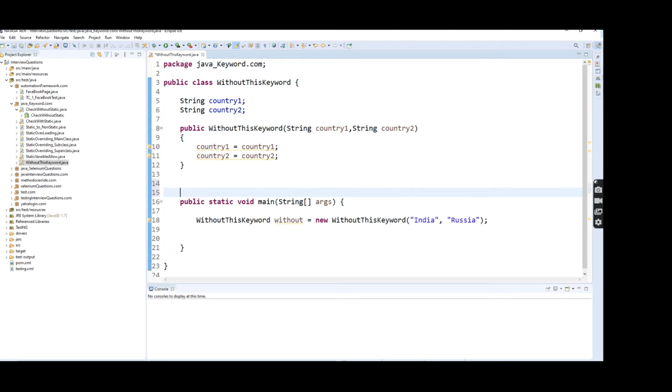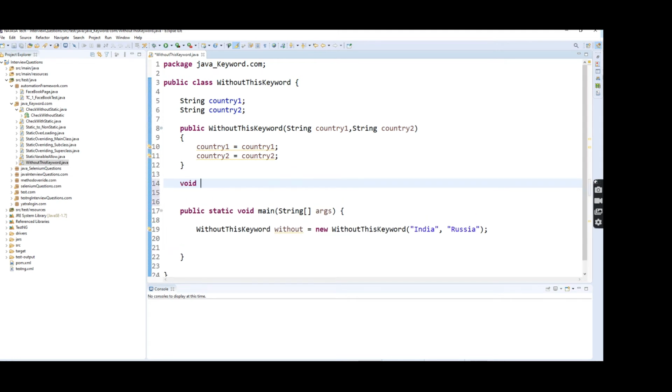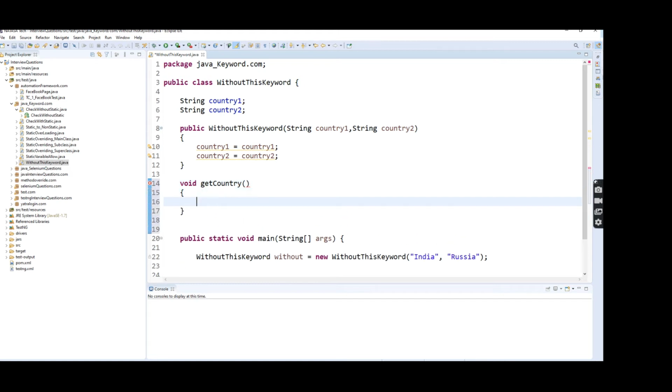For that I'm going to create one method, void getCountry, to get country names, country1, country2.